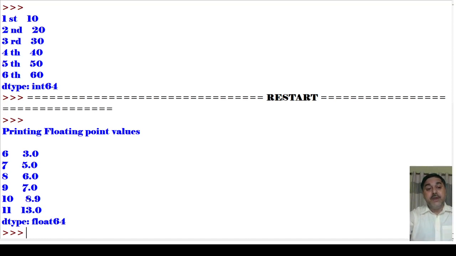Okay, so as I have given 8.9, automatically all are converted into floating point numbers. This is also one thing to be noticed. As you give one particular value as a decimal number, all the other values will automatically be converted into decimal numbers. Clear? So this is how you can see it, and how we are making these particular sections. Okay, so this is how you can implement different types of series, and the implementation of the series with indexing. So different types of indexing with a series have been given.